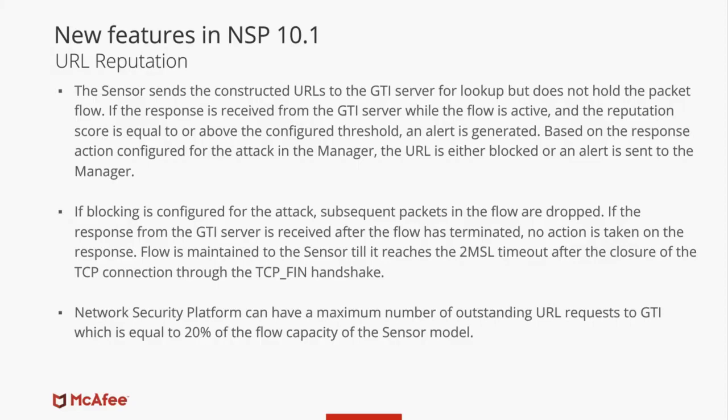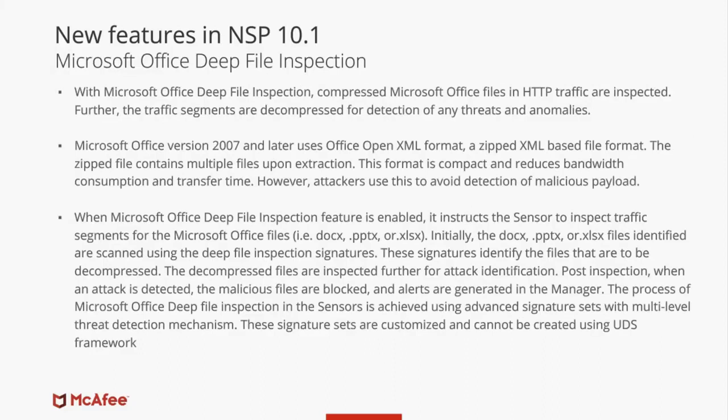Microsoft Office Deep File Inspection is a new feature in 10.1 where files downloaded over HTTP can be inspected. Office version 2007 and later use an XML-based format where the actual document file is a zipped up XML file that contains images and other things that make up the full document. This zipped format can theoretically include malware files, and when deep file inspection is enabled, we open up the files,